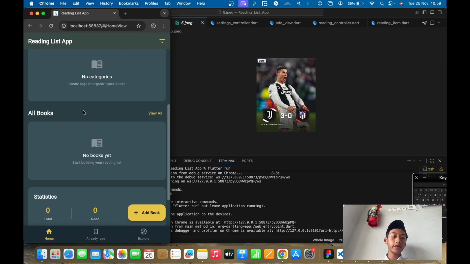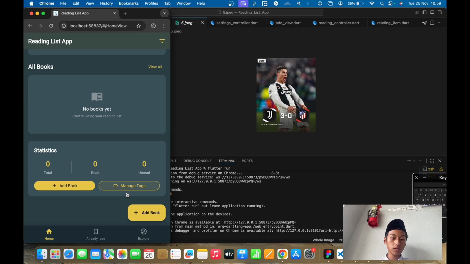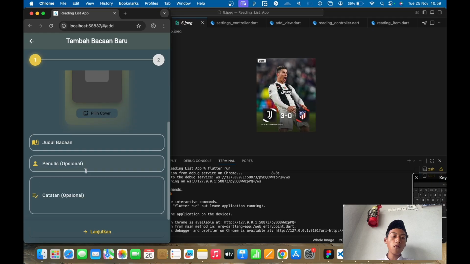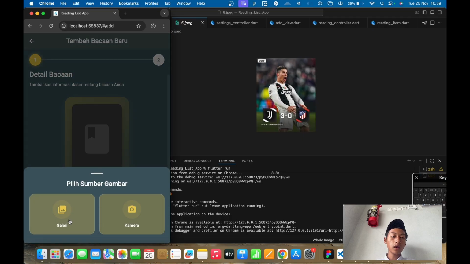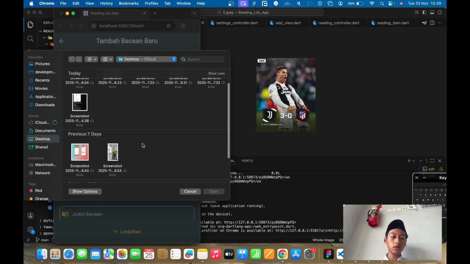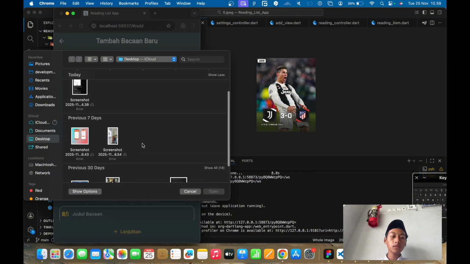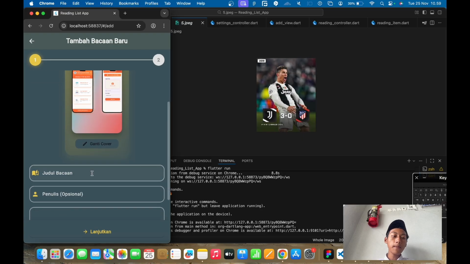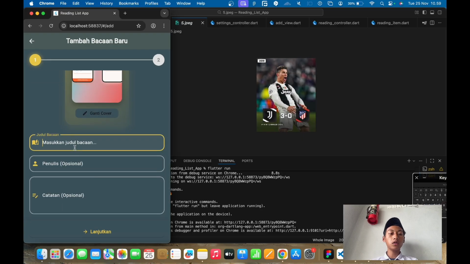There is last reading, text, all books, statistic, and then you can add a book. So you can use the cover of the book. Like I want to choose the mock-up, and then you can use the title of the book.